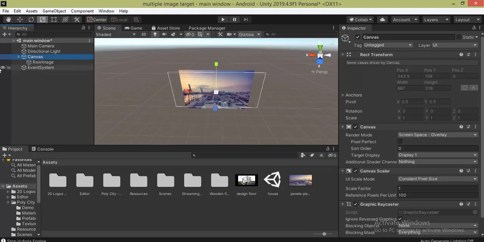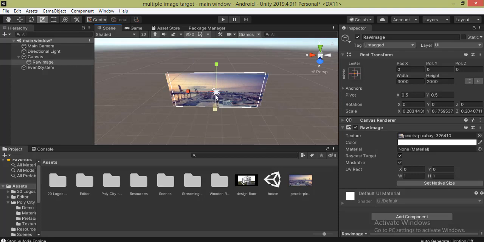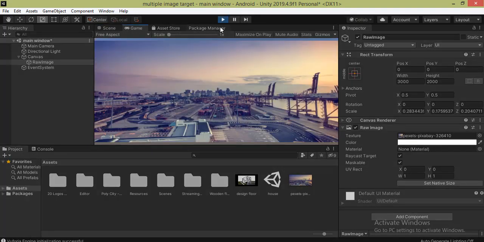After that, click on this canvas, go into the Inspector panel, and you will see the UI Scale Mode is set to Constant Pixel Size. Click over it and select Scale With Screen Size. After that, I go into the scene again and increase its size. Now I click on play mode to check the output.